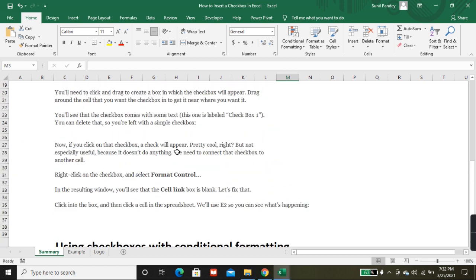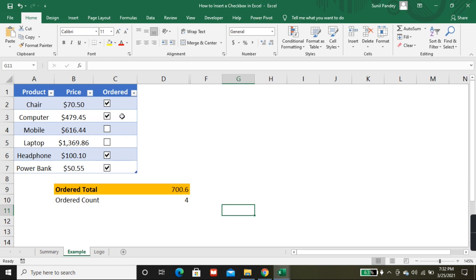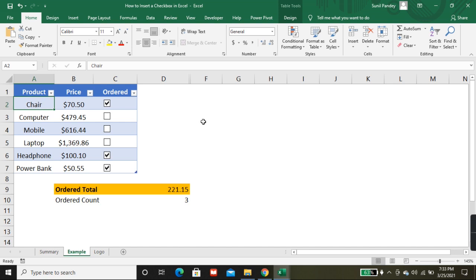Now we'll see the checkbox with conditional formatting. Suppose if I tick mark this, the color should change. It's very simple.